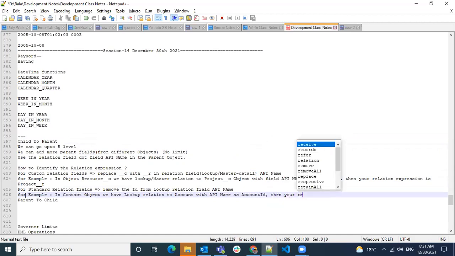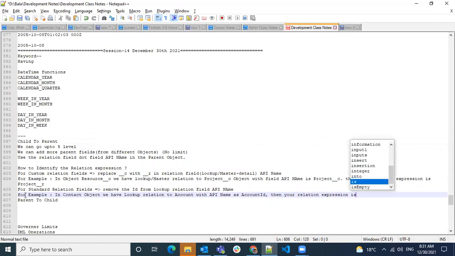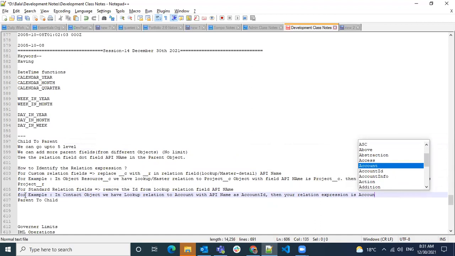Then your relation expression is account. I'll keep it in double quotes so that we can understand.